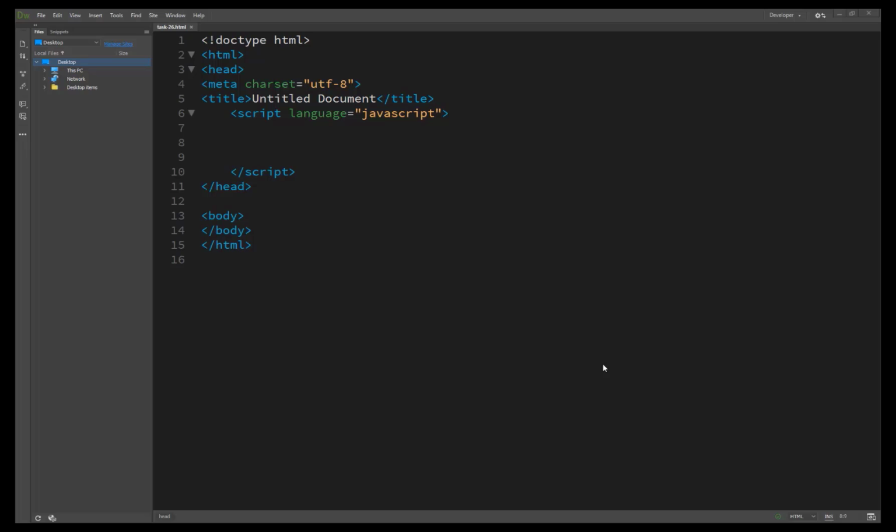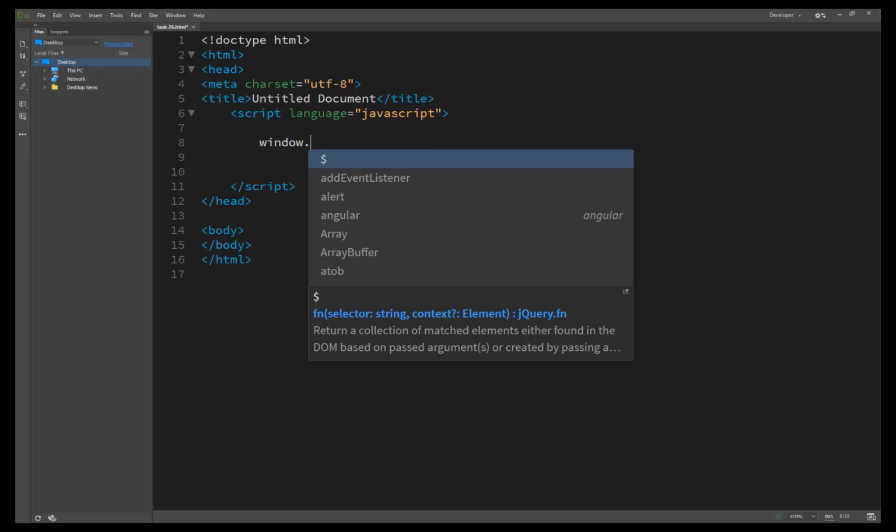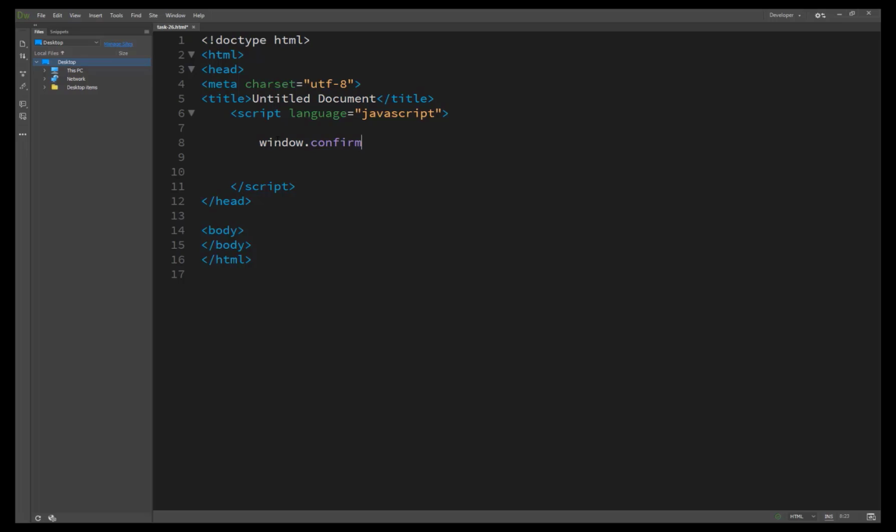So first of all we have created a script block, and then we write window.confirm, and inside it the text: click OK to continue.